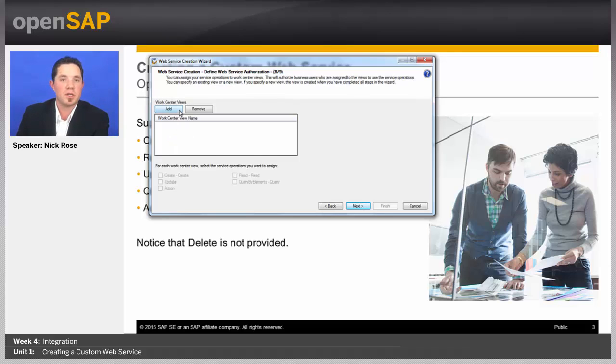Next is a work center view. I can provide a work center view that I can now assign to another user for authorization to use this web service. It gives us a way to test these services very easily during development. That way we can easily go in and play around with the web service, and it's very quick to use. If I was to use this productively, I'd probably want to create a scenario based off of this,